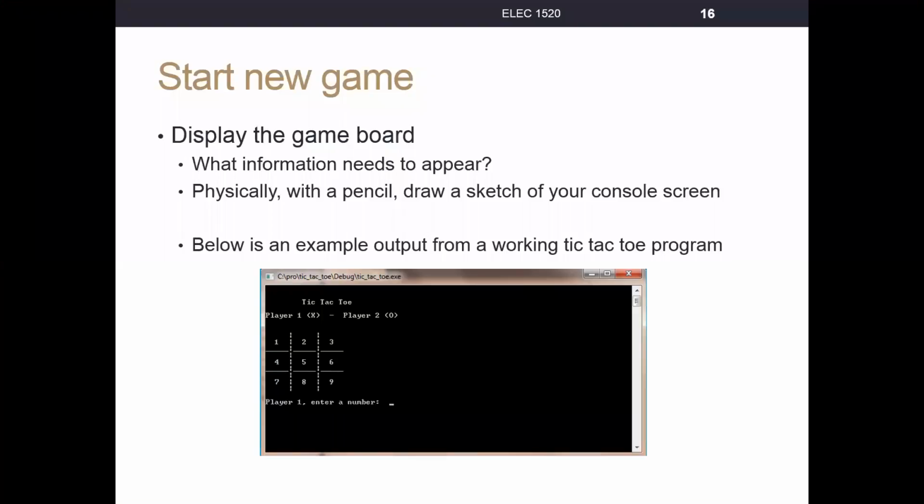All right, let's continue on with tic-tac-toe now. What we just finished was displaying and initializing the board in terms of starting a new game. Every time we start a new game, we'll have to initialize the board and then display the game board. We've written code for that, and here's a sample of what the start of a